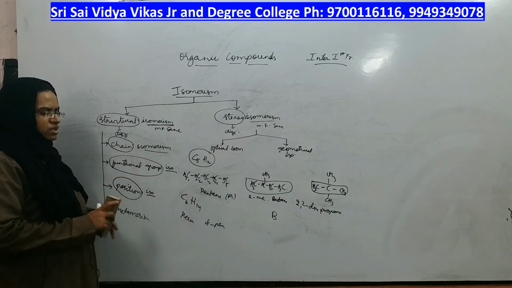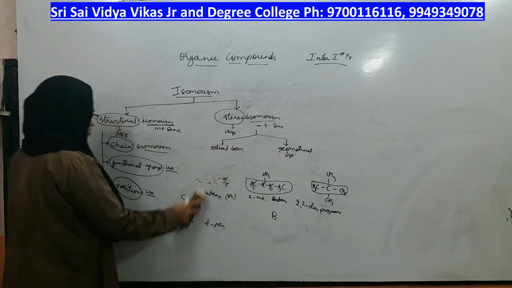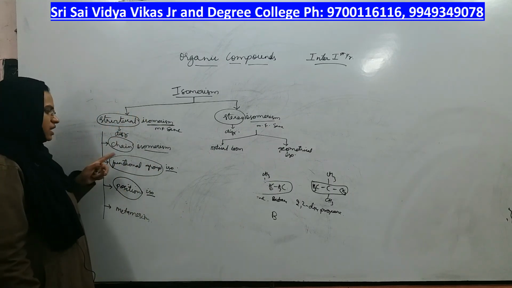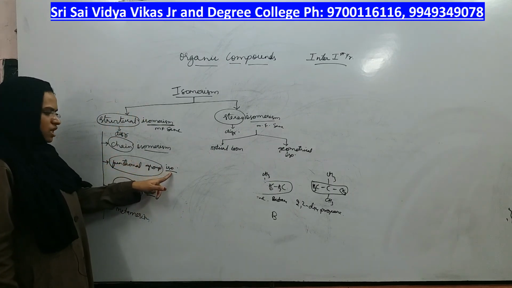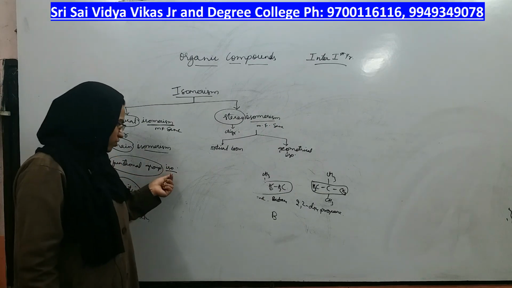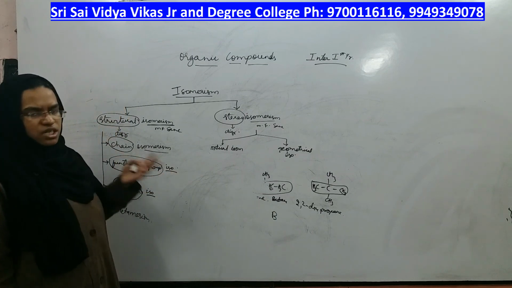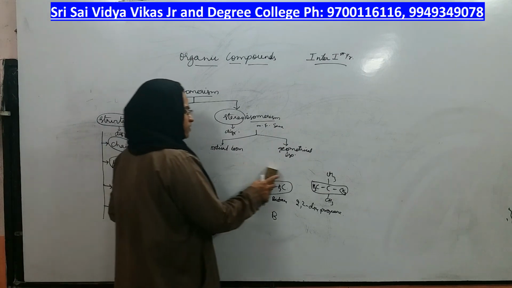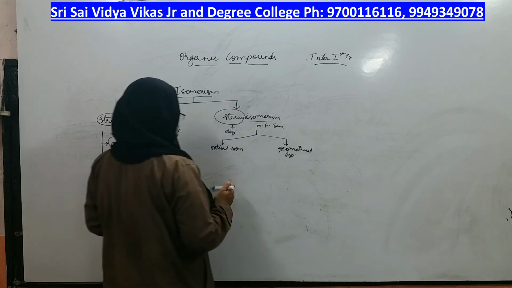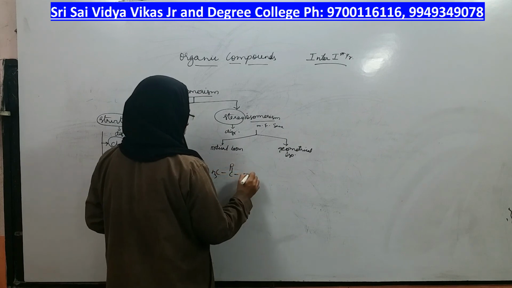This is chain isomerism. Now we will go to the next isomerism, which is functional group isomerism, and the definition itself says that the molecular formula will be the same but the functional group will be different. For the same molecular formula, the functional group is becoming different. That's why the structure is also becoming different. To show functional group isomers, I will take the help of functional groups like aldehyde and ketone.